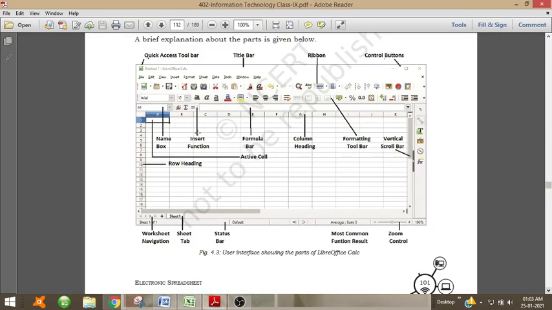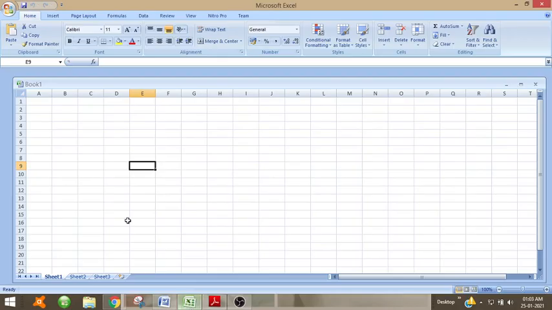Then here the function will be shown, that is, if you are using sum or any function, it is shown here, and the formula is displayed in this formula bar. This is the function that we can perform.